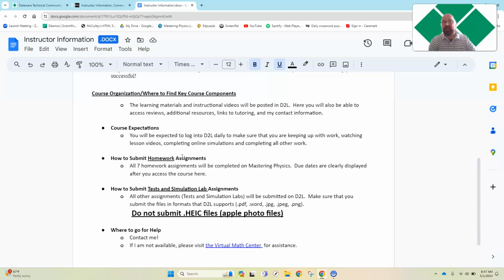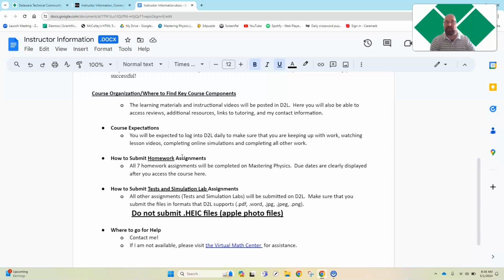You'll have lab simulations. With the lab simulations, you'll be collecting data online or completing different activities online, recording data, making graphs, answering questions, looking at the relationships between different variables. So that's going to be your lab element of the class. And because we're not in person, you do all your data collecting and experimenting online. You'll also have homework, which I talked about with the Mastering Physics program.